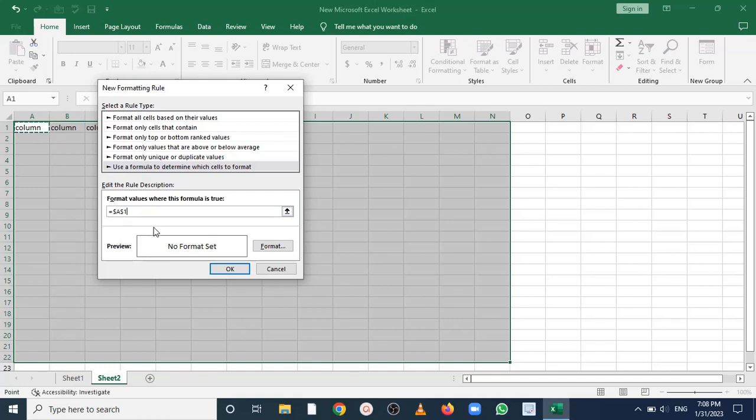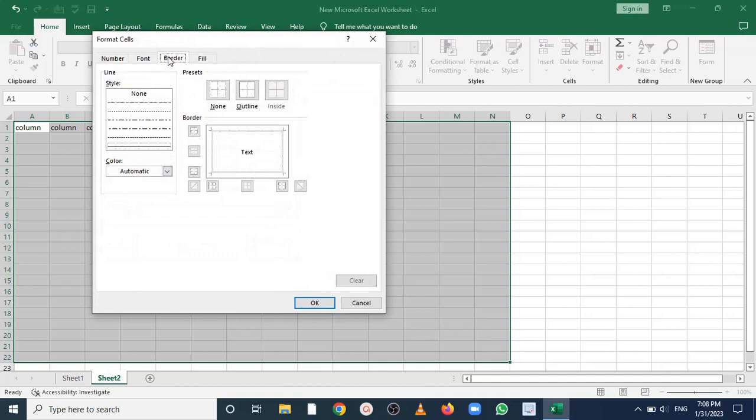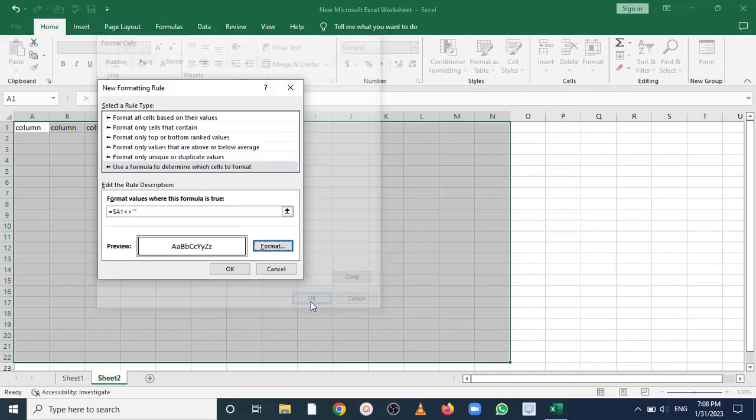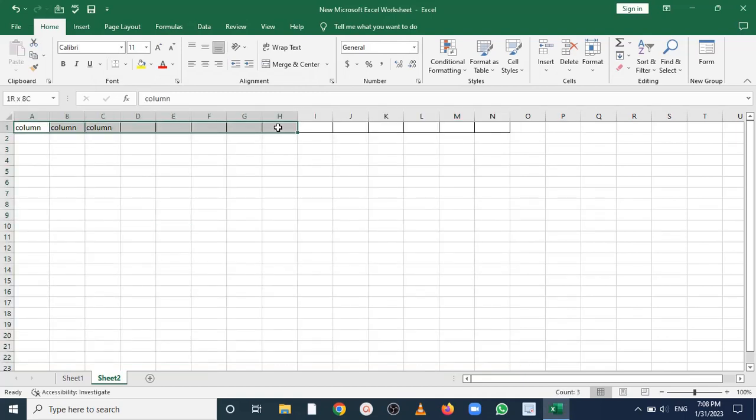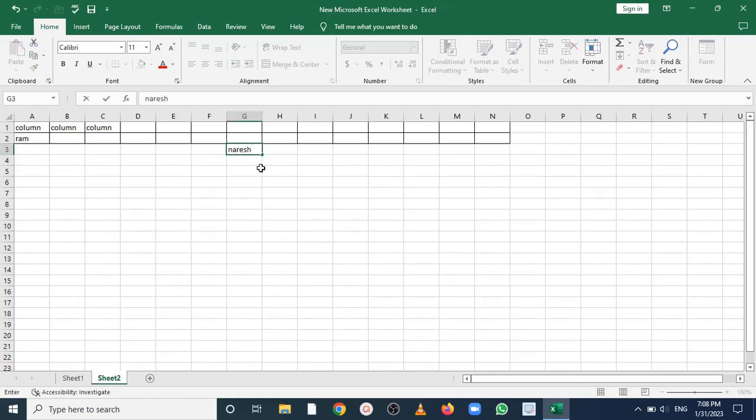Now after this you have to write, and this is a simple formula. Now click on format, click on border, select outline and click OK. So here you can see in the selected area automatic border is created. Suppose I am writing here RAM, you can see automatic border is created. Here suppose I am writing something,